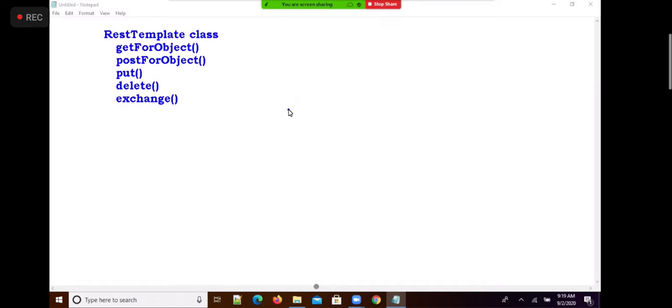But when we add web dependency, that web dependency also by default embeds Tomcat server. But actually I am creating a core application which doesn't require any server. So what I do now, I will exclude the Tomcat server from web dependency. I will show you how you can add an exclusion tag in the pom.xml file. I want a Spring Boot starter web dependency without Tomcat. So you can exclude the Tomcat. For excluding the Tomcat from the web dependency, you have an exclusion tag. So I am going to show you how you can do that. Let me tell you all.